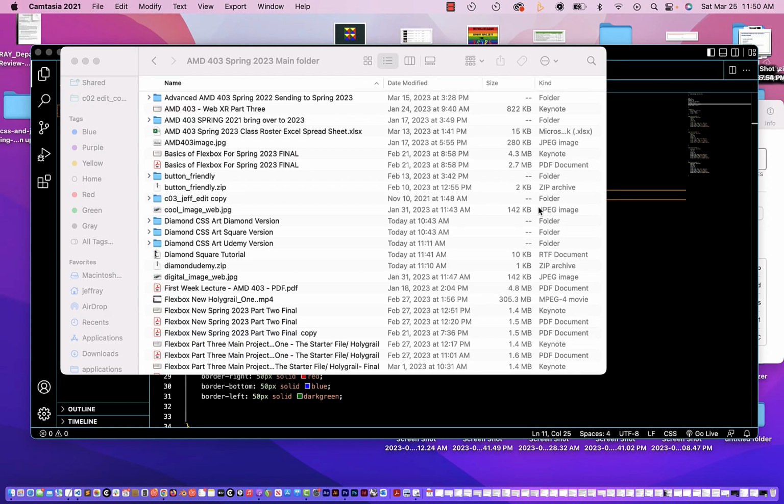Okay, what we're doing today is called creative coding, and we're going to start very simply with just doing some kind of like a diamond design in CSS only, HTML and CSS only. So we start where we always start, we start by creating a file,